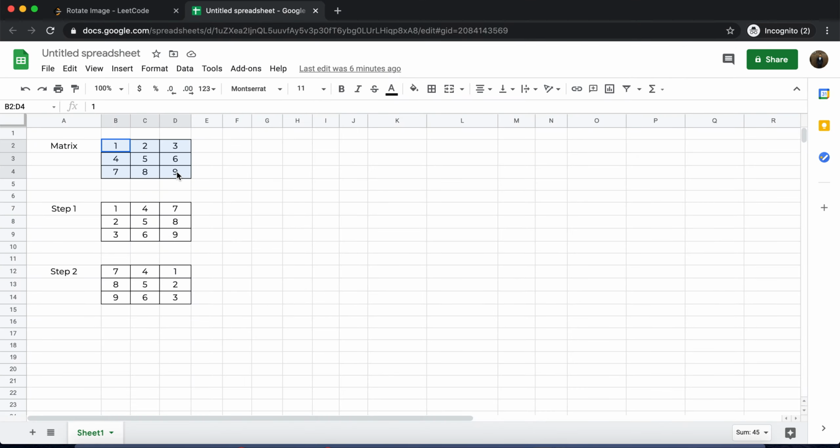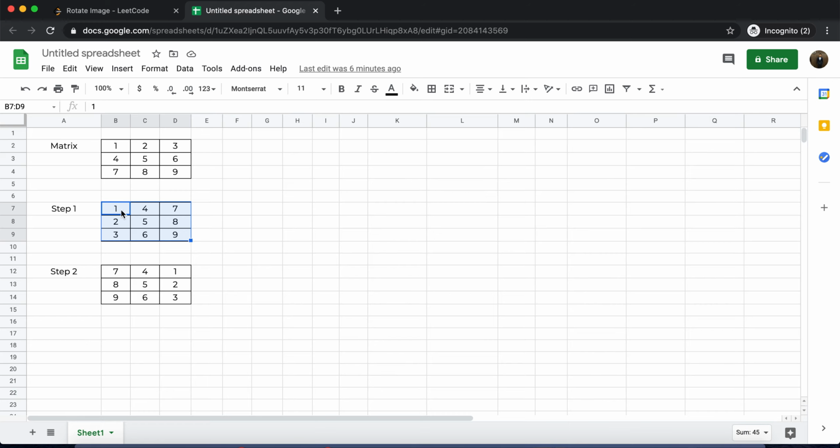Now this is the original matrix in its original form. To perform 90-degree clockwise rotation in place, it's a two-step process. First is we'll flip this matrix diagonally. So we'll draw a diagonal line here, and then we'll flip it diagonally. So 2 which was here will come here, because 4 is the corresponding element to 2 in the diagonal format. 3 will come here, 7 will go here, and similarly these two elements will also be swapped. And after step 1, the matrix will look like this.